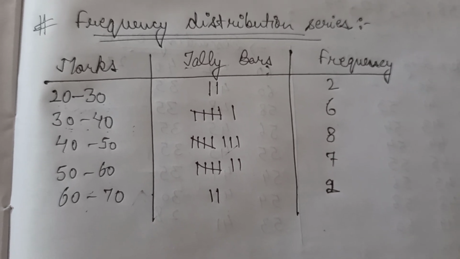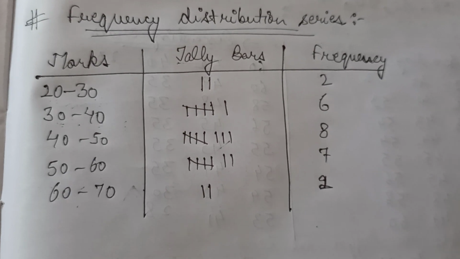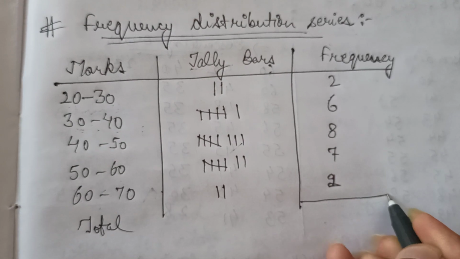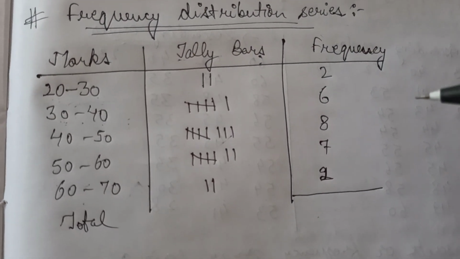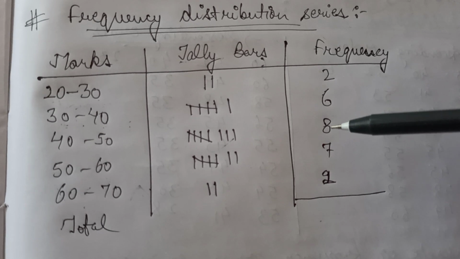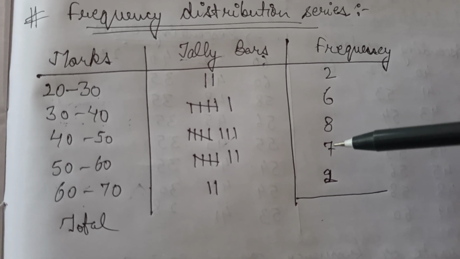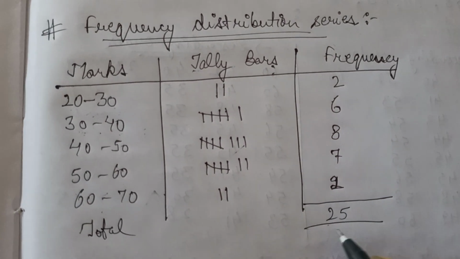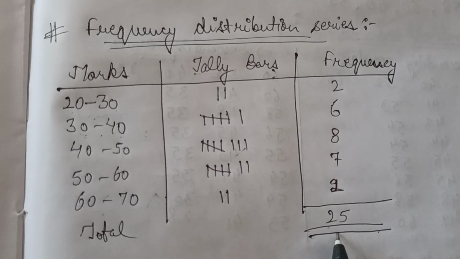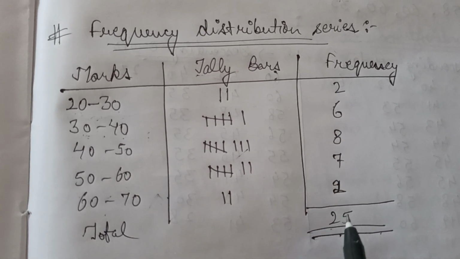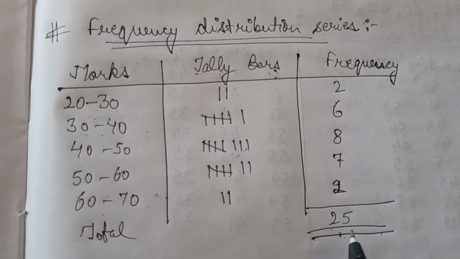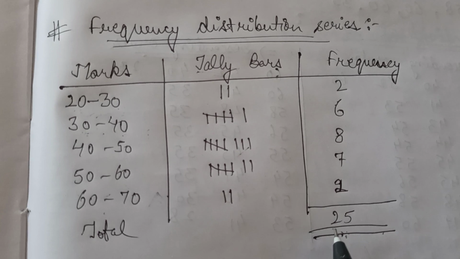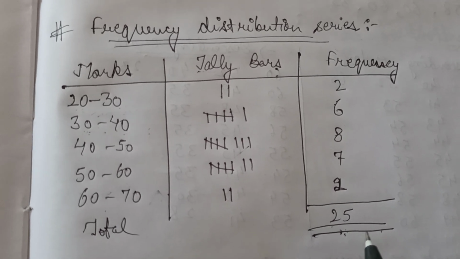अब इस केस में भी हम चेक कर सकते हैं that हमारी कोई आइटम मिस तो नहीं हो गई. So what we will do over here is, again we will write the total, and over here we will do the total of the frequencies given, that is 2 plus 6 is 8, 8 plus 8 16, 16 plus 7 is equal to 23, 23 plus 2 is equal to 25 over here. जो हमने डाटा कलेक्ट करा था वो भी 25 स्टूडेंट्स का करा था, और यहाँ पे भी जो फ्रीक्वेंसी का टोटल आया that came out to be 25, which means the data we have collected is correct, we haven't missed any item. So this was all about the frequency distribution series.